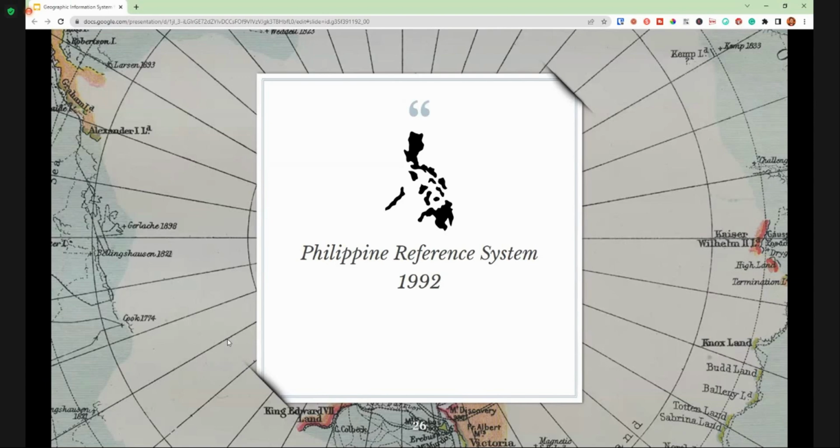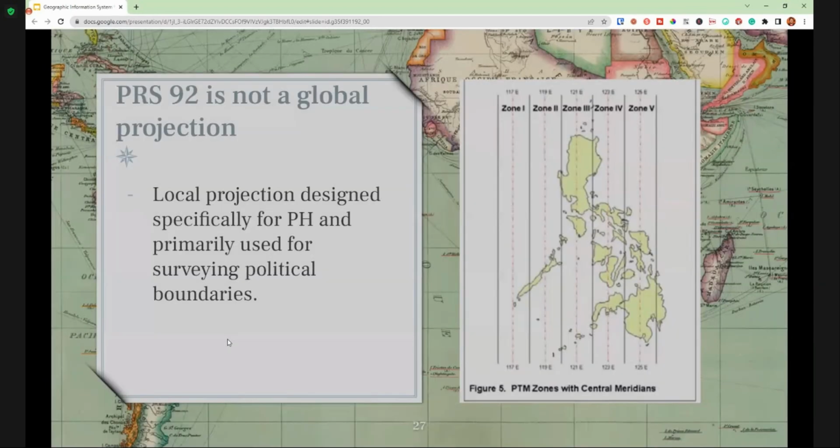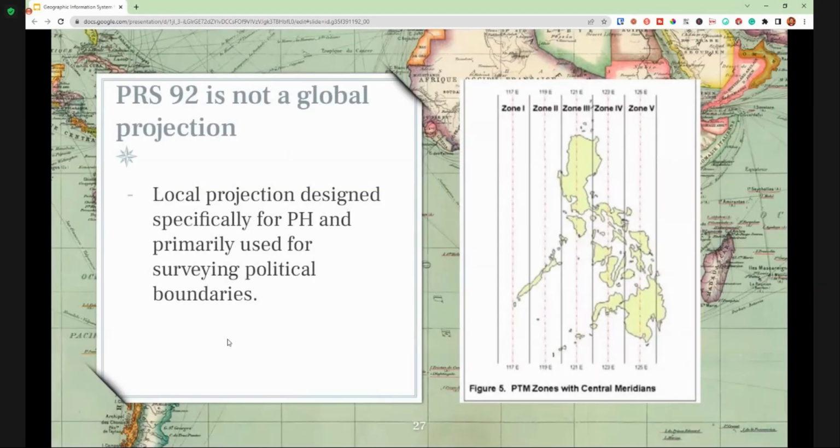There's a department administrative order, if I'm not mistaken, a DAO from DENR, that highly encourages government agencies that make maps to use the Philippine Reference System, because it's not a global projection; it's specialized and more customized for the Philippines, and it's primarily used for surveying